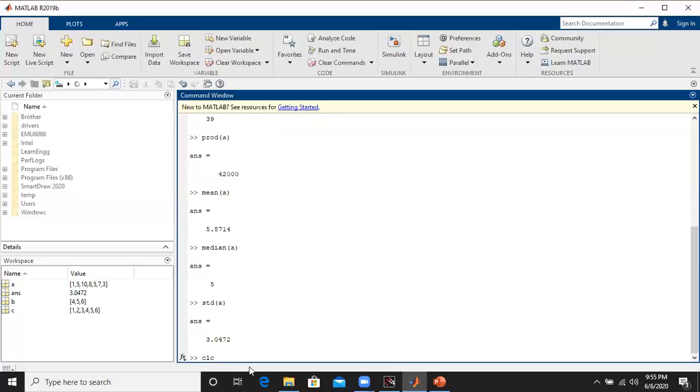Again, let us clear the command window screen. Then again you take any row vector. Give the elements as 1, then 10, then 5, then 7, then 3, then 8, then 2, then 9, like this.